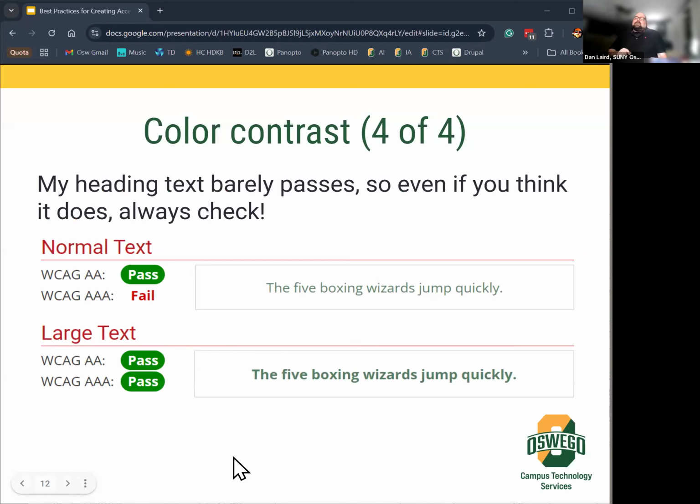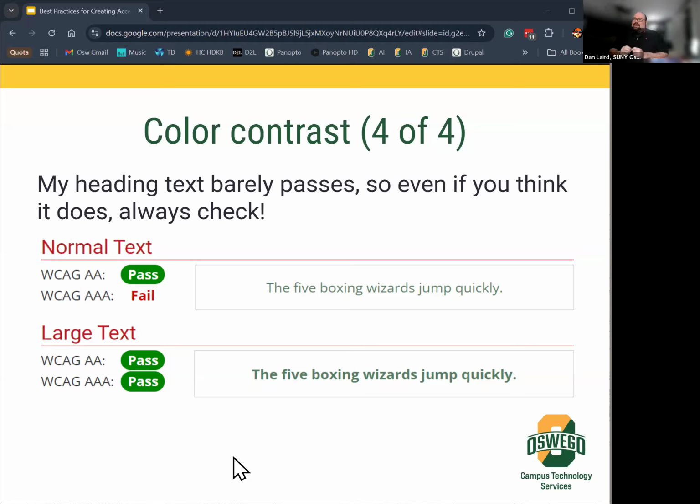So something else. This is checking the color of my heading. This is what comes up when I check my heading text, which is the green that Oswego uses, and the background, which is white. So this does pass most checks, but it fails the AAA one.